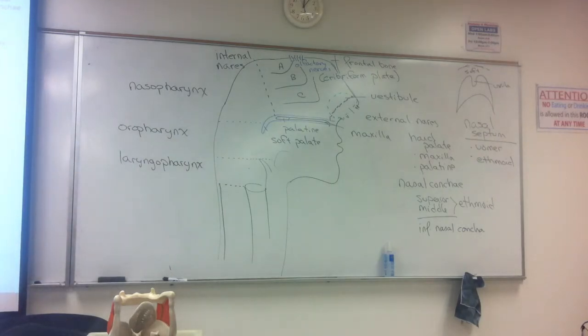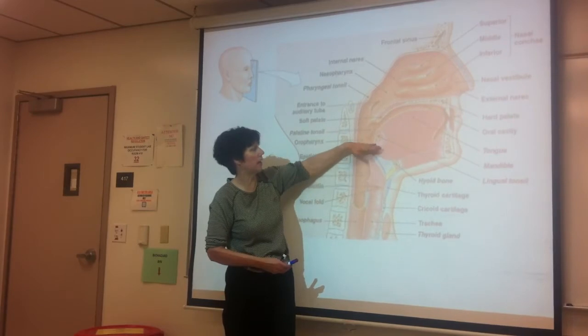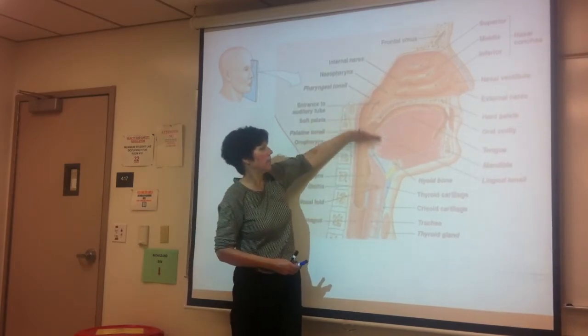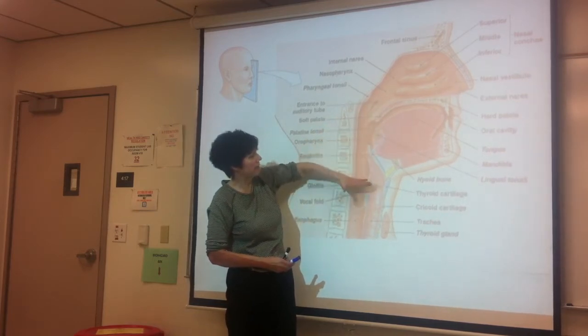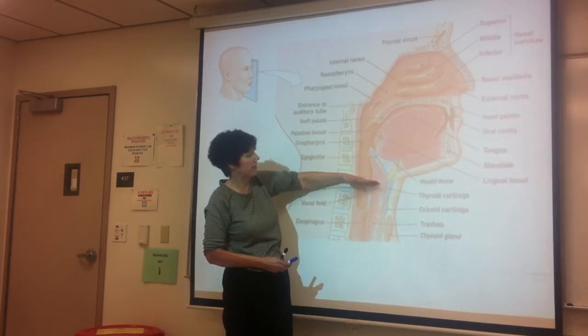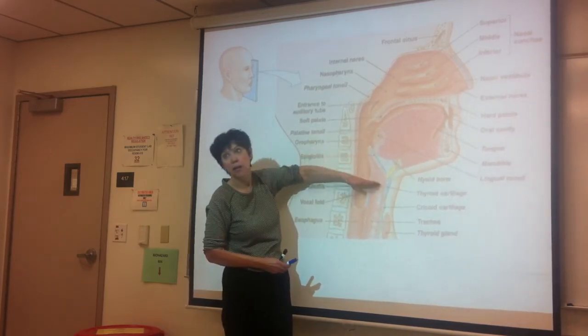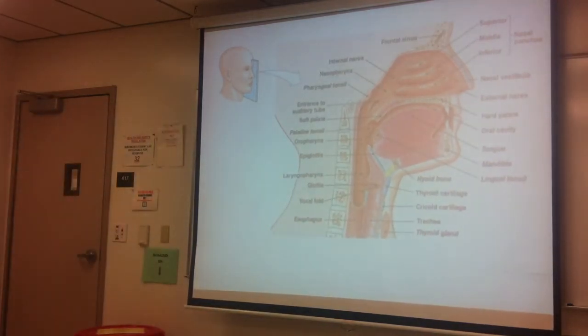So on this diagram, here's the internal nares opening. Straighten out the palate, so this area right here would be nasopharynx. From there to the top of the epiglottis, this cartilage right here is our epiglottic cartilage, so from there to there would be oropharynx. And from the top of the epiglottis to the beginning of the esophagus right here, what the epiglottis comes down to cover over, is going to be laryngopharynx. Okay? So if we look at our head model,